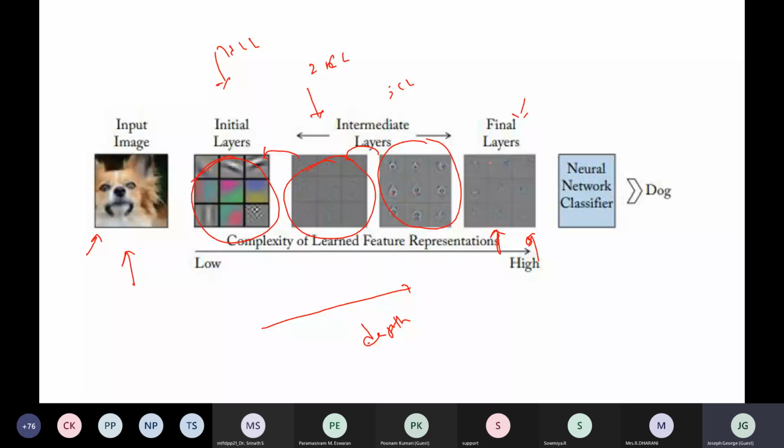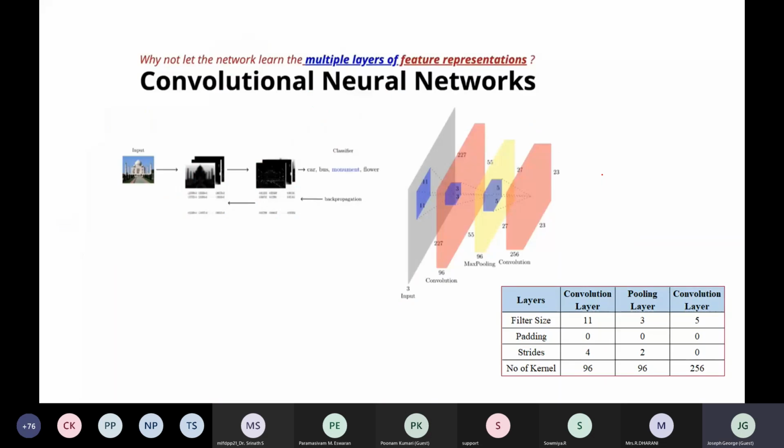So I think we can wind up this first session. I will give you one activity. Take this picture. The dimensions of this input image are 227 by 227, where we are applying 11 cross 11 filters.